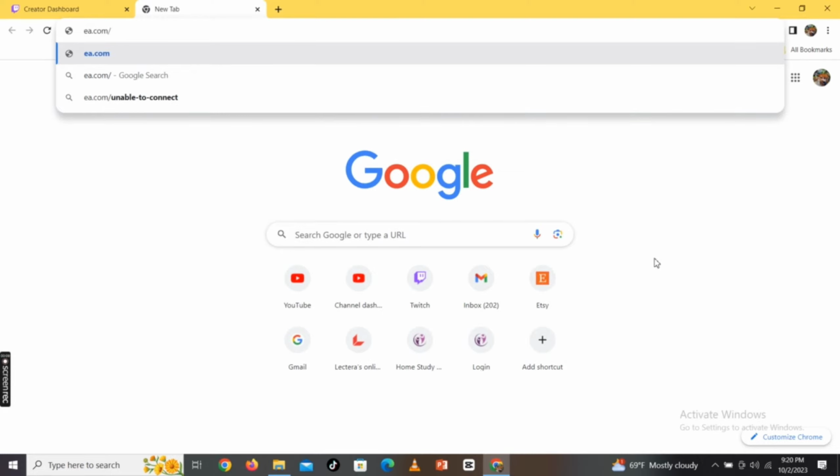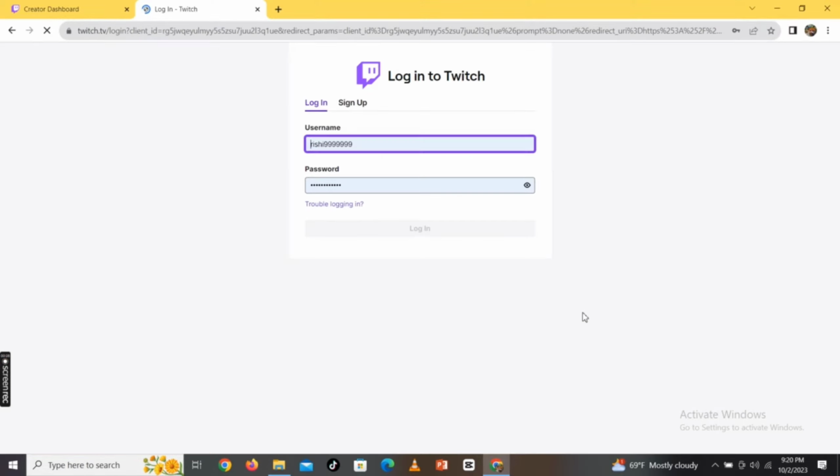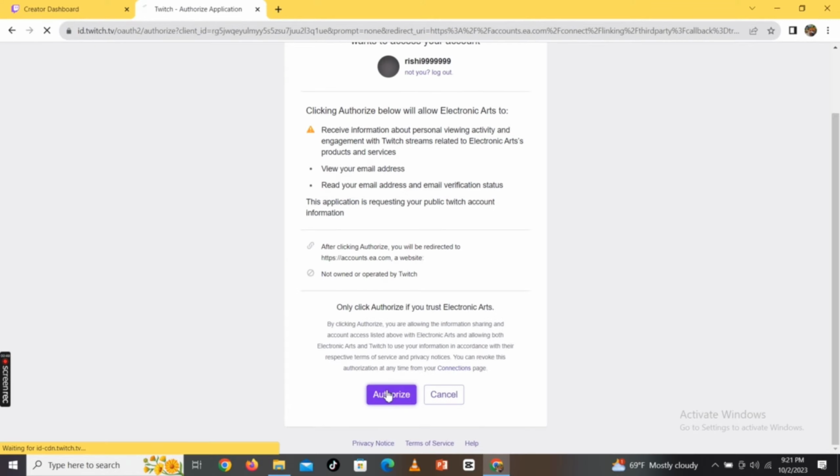To link your EA account to Twitch, firstly open your Google search. Type in ea.com/Twitch linking and make a search. Log into your Twitch account by entering your username and password associated with Twitch, and on the next page, click on Authorize. To link your Twitch account with your EA account, you need to log into your EA account as